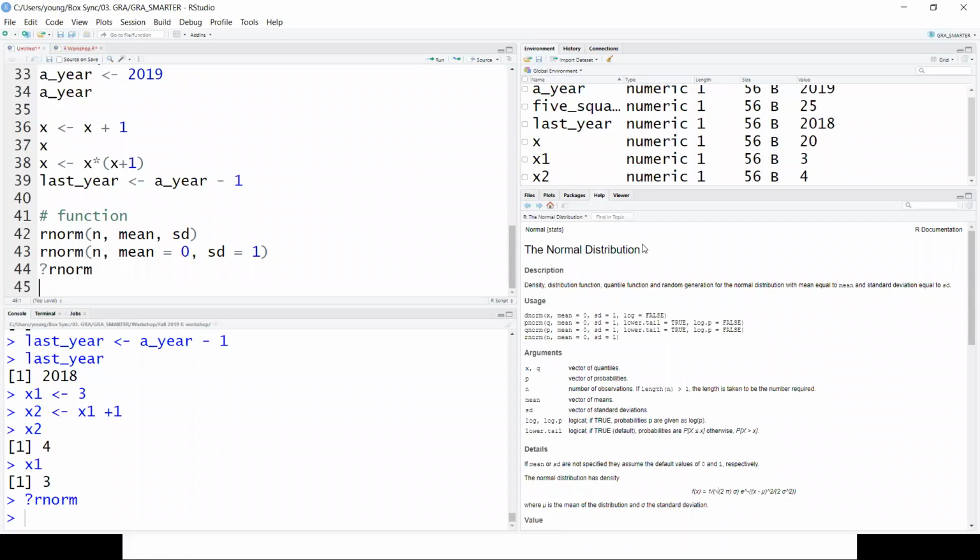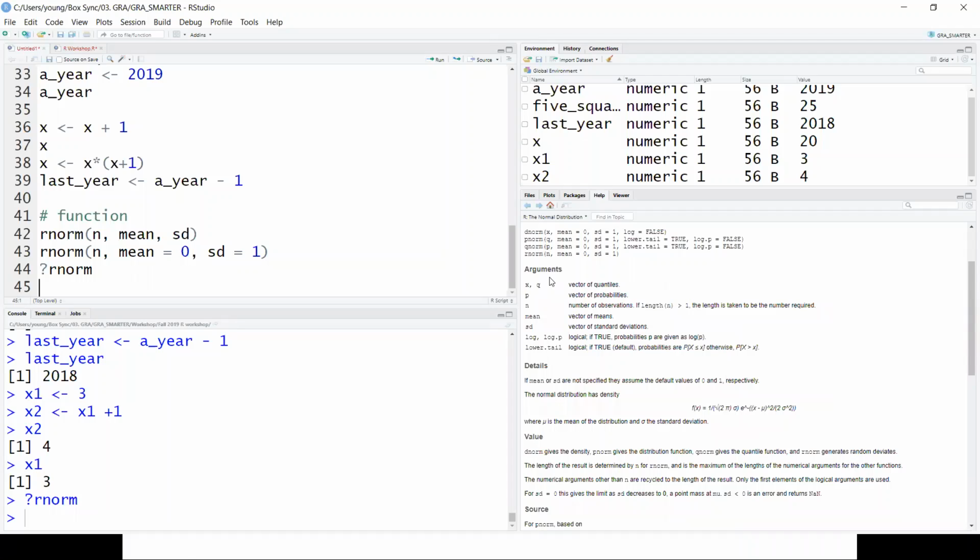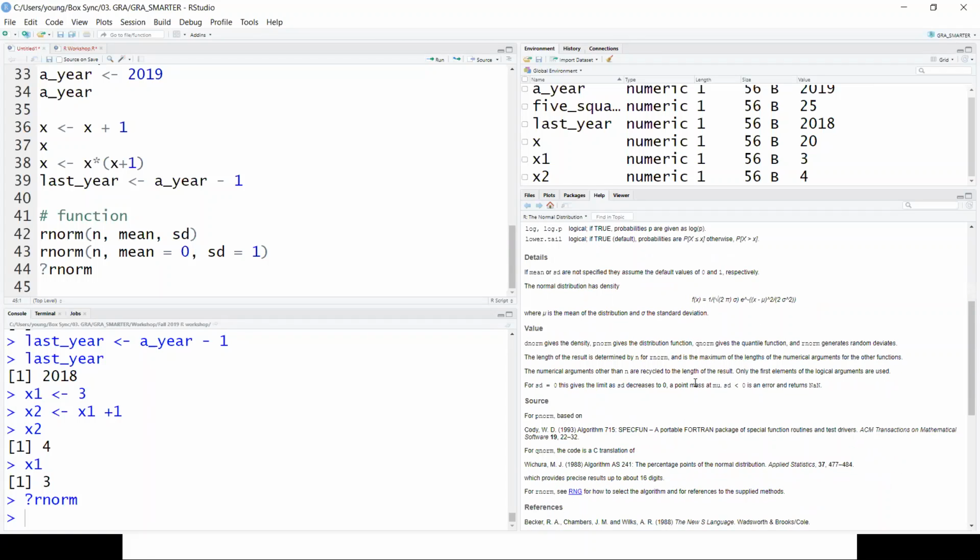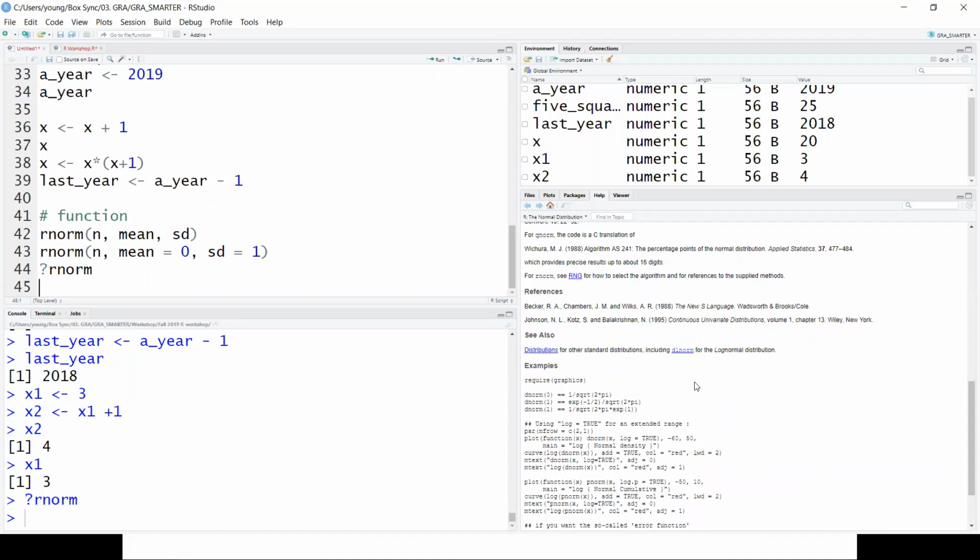The font is a little small, but you can still read it on your screen. I don't think you can read it here, but if you look closely, there is a title of the function and then a simple description and then usage. So you can see there are dnorm, pnorm, qnorm, rnorm, like a bunch of normal distribution functions. And then the arguments that you're going to write while you're writing the function, the details, the value that you're going to get, and then you're going to see the source and reference.